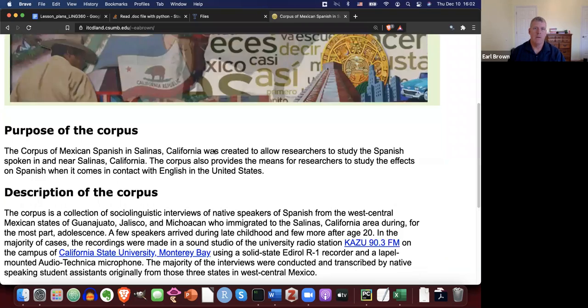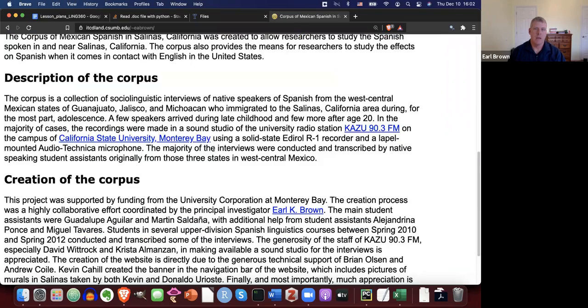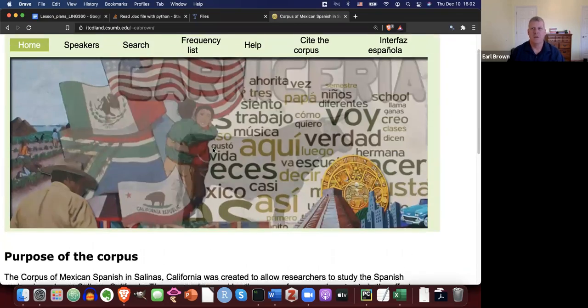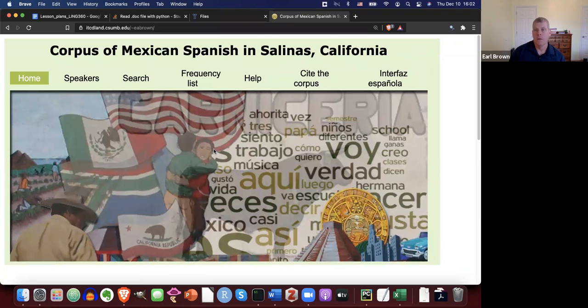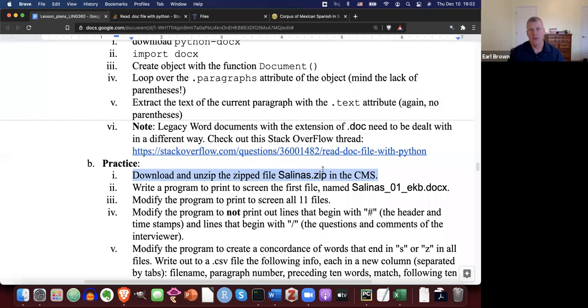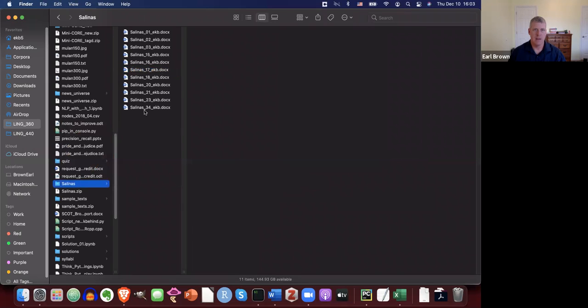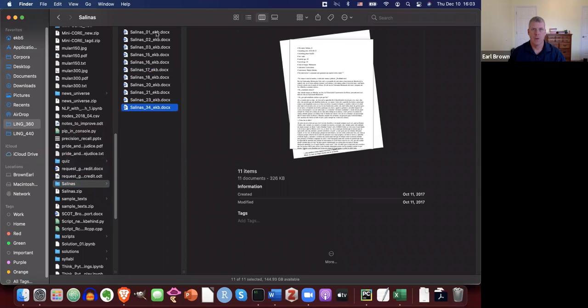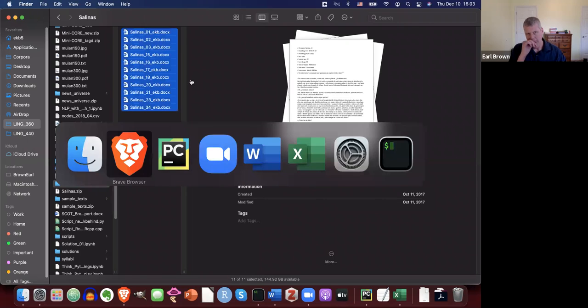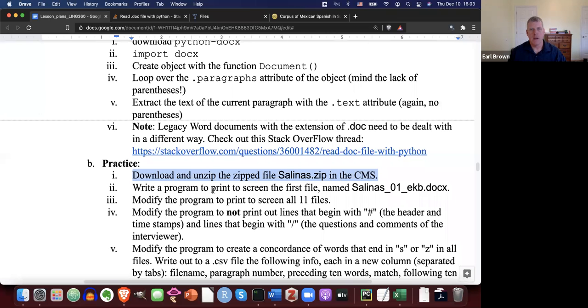So anyway, I have just 11 files from this thing. There are about 55 files that were interviews done in the creation of this corpus. So anyway, I made available 11 of them zipped together in salinas.zip. So once again, when you unzip it, it should expand out to a directory that has 11 files, all docx. Okay, then you need to write a program. Just simply write to the screen the first file, the first one, which is